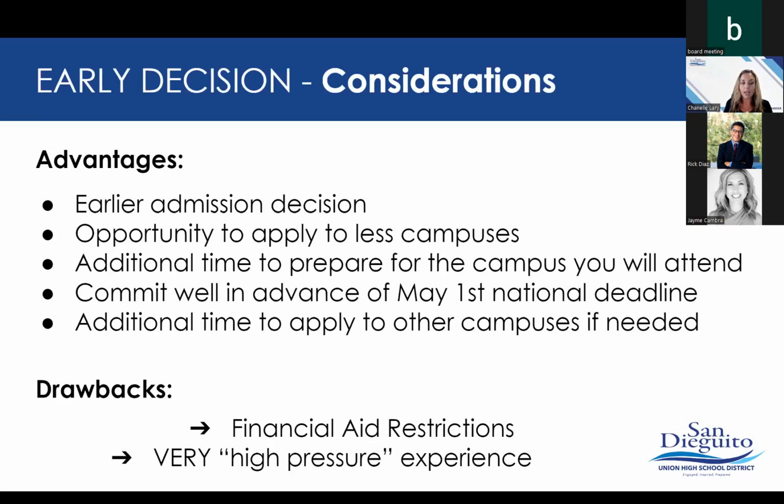And then also, same as with the early action, on the flip side, if they don't get the decision that they were anticipating, it does give them a little bit more time to do a little more research and expand their options if they decide to apply regular to some other campuses if needed. And again, those drawbacks are going to be applying not knowing exactly what that financial aid package will look like. And then again, this can be very stressful because of the fact that it is a binding agreement, and it is something that parents, counselor, and student all do sign, saying, if you in fact get in, you will be attending. So lots to consider with the early decision option.